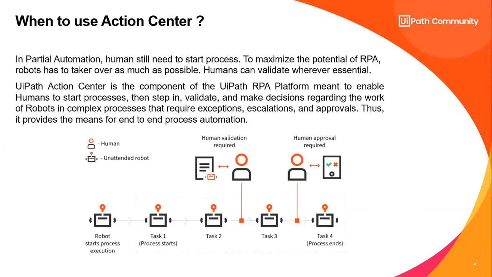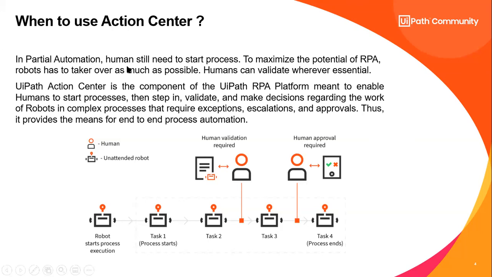Now this is where Action Center comes into the picture. Now we have long-running business workflows where, to maximize the potential, humans can take over with human validations. If the bot is stuck in some place, the human will step in. He can approve and validate. If there are any exceptions, he can handle them, and then after handling the task it will be submitted back, and the robot will continue working once the required information is received. So that was end-to-end automation.